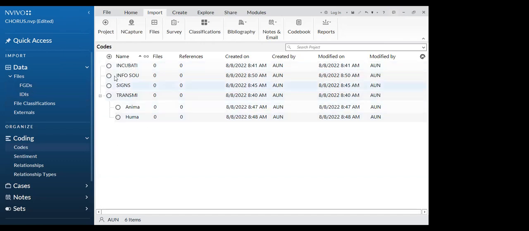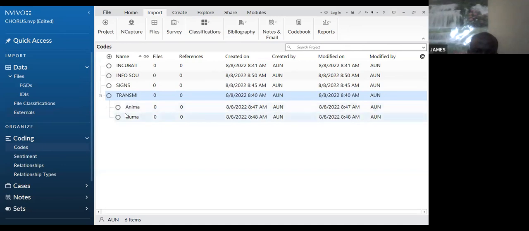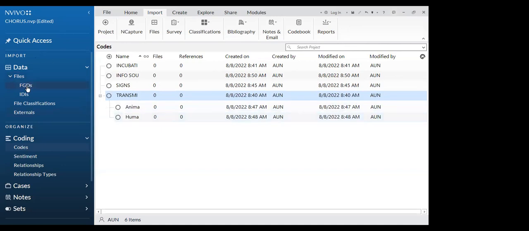So now that you have finished with your codes, I should also mention this little arrow, or this little box beside transmission. If you open your NVivo and you don't see your human to human transmission or your animal to human transmission, all you need to do is tap on the plus sign at the edge and it will appear. Okay. So now we'll go straight to